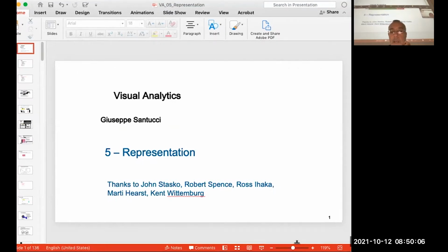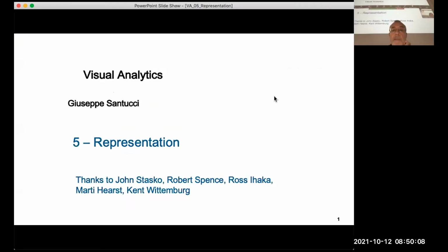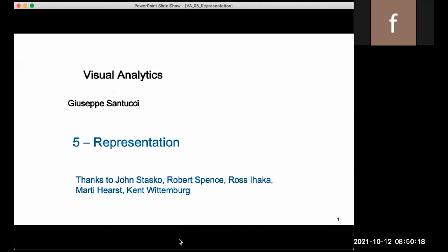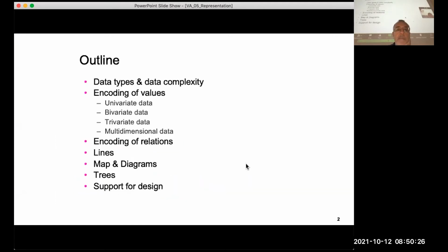So basically here we focus on the representation part. If you think about that, it is the basic step. You have numbers and you want to encode them visually. I will be very careful in that, step by step. I will discuss the different kinds of data we have and its complexity. And I will show how to encode a single value, 2 values, 3 values, and how to deal with the